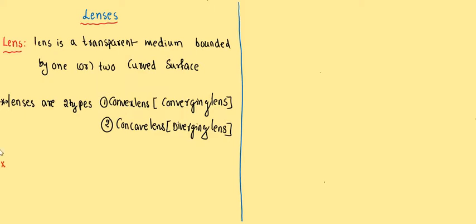What is a convex lens and how is it? Lenses are generally used in spectacles, and we can also use them in the simple microscope, telescopes and compound microscopes. In all the microscopes and telescopes we use the convex lens. In spectacles we can use both convex and concave lenses. And what is a convex lens? A convex lens is a transparent medium that is thicker at the middle and thinner at the edges.